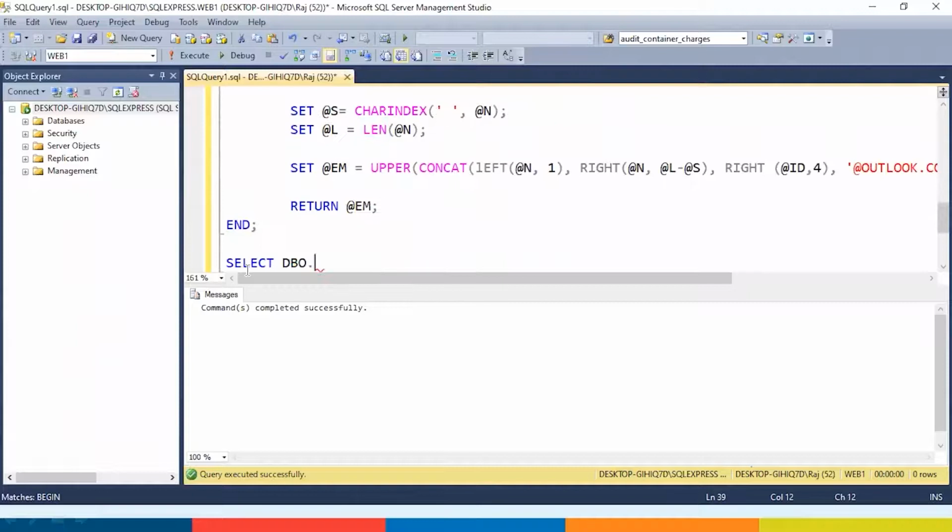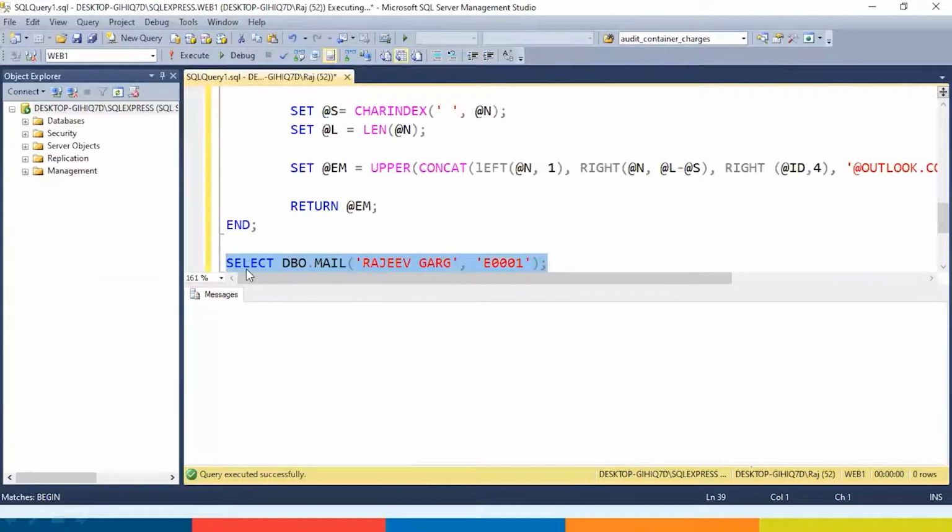Mail. Let's take the name as R Garg, comma ID as T0001. Let's see what we are getting.